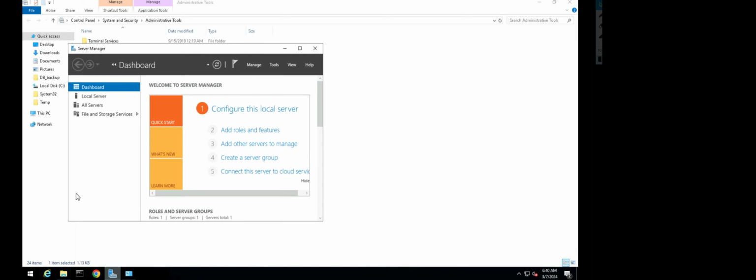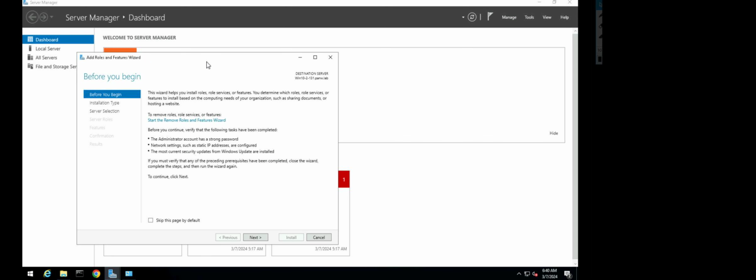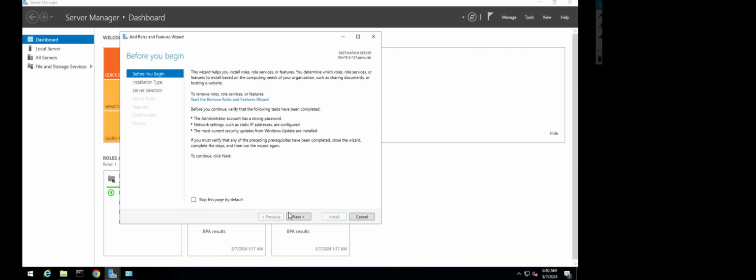and here is the Server Manager. Then you just have to click on Manage, or we can see Add Roles and Features here, or we can go from here to Add Roles and Features. Okay, so click Add Roles and Features because we are going to enable Failover Cluster Manager. Okay,